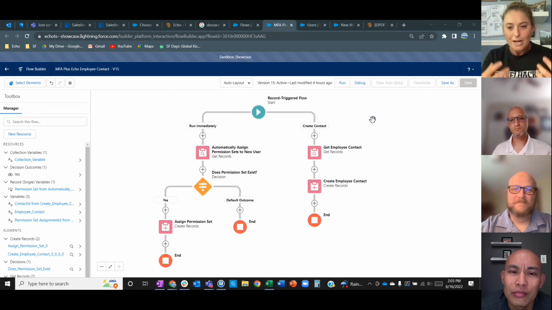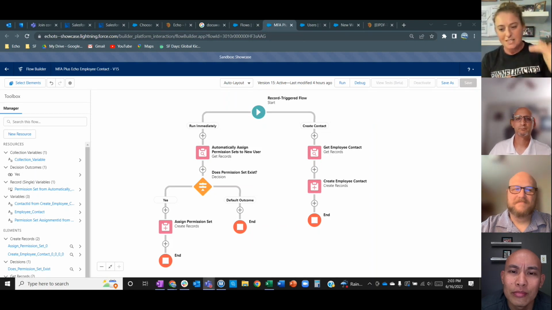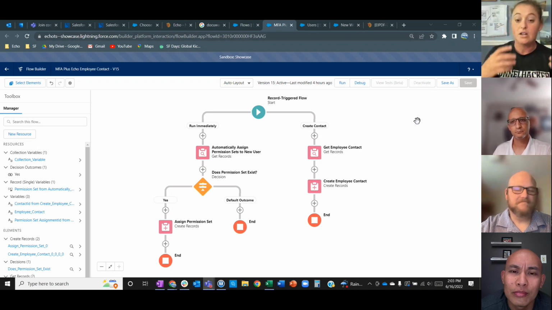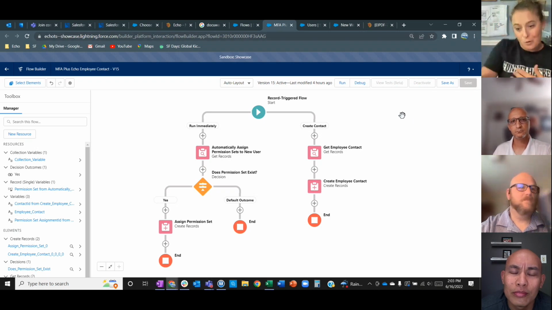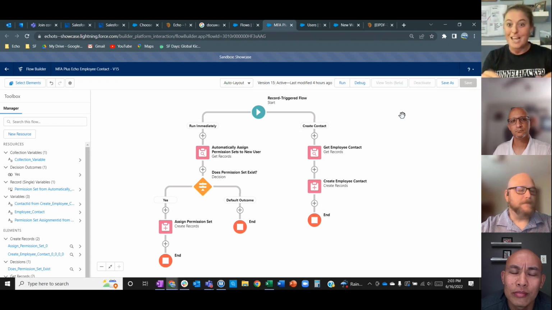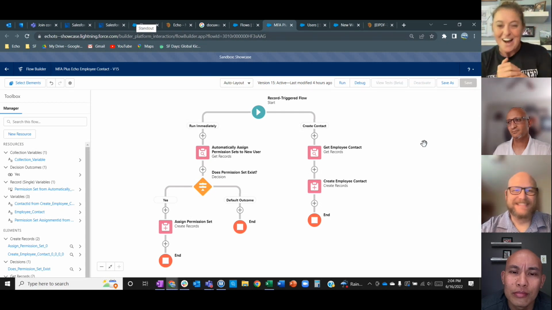But this is a great example of a common client situation where they come to us and they say, hey, I need help with this, this, and this, which leads to the requirements of how the flow needs to be built, in addition to the criteria and triggers that create subsequent actions. So they're going to go over the requirements and how the flow works, and then we're going to test it out and see how it works. So good luck, guys. And Nelson,